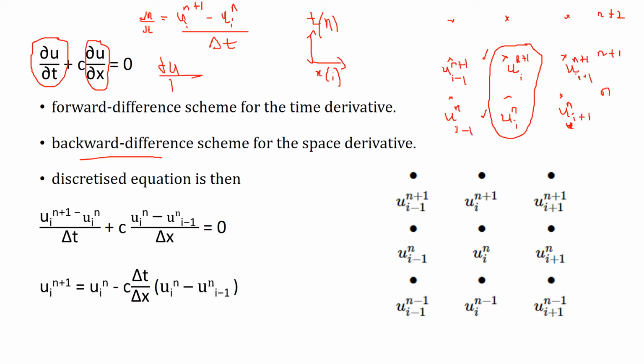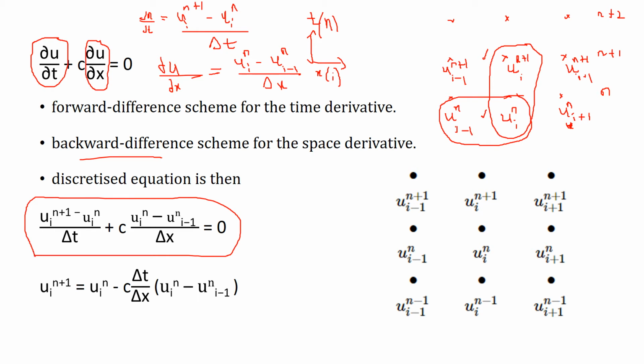Similarly, we have the variable u which is varying with respect to x, that is the space coordinate, and we will be using the backward difference scheme. So with the backward difference scheme, I can write dou u by dou x as, so this is the point u i n, the reference point. The backward point is u I minus 1 n. So in the x direction, we will be taking these two points. So I can write u i n minus u I minus 1 n divided by delta x.